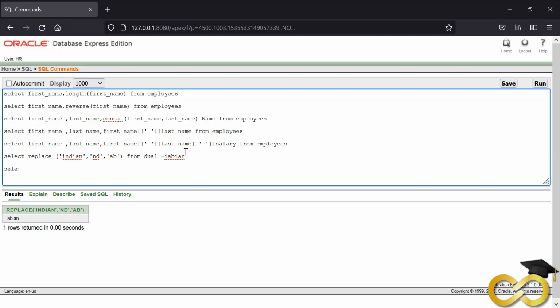And next one is translate. So see the difference between replace and translate. For translate, the same input I am just giving. I'm not changing anything. Same input which I passed for replace, from dual. I just changed the function alone. This is replace and this query is translate. If I run this,